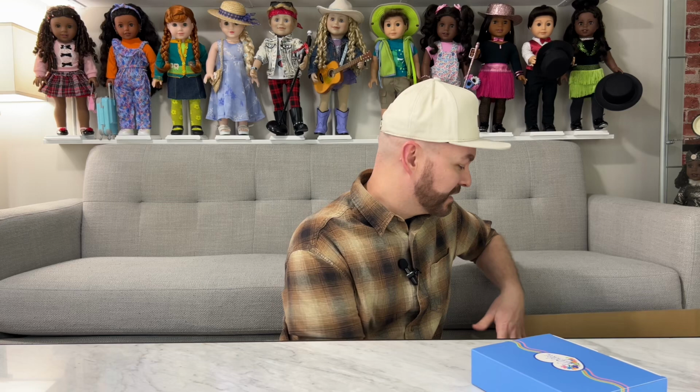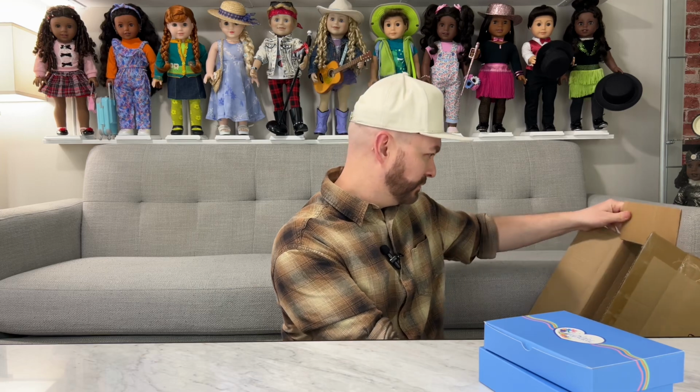See, the thing is, and another thing before I open, is the last couple times I've gone to pick up Maplelea dolls, I've peeked at them or they've shown me the doll, so I didn't have any chance to react in real time to how I feel about it. So now I've made sure not to look at her until I can be on camera, to the point where I let the packing slip in there. So like I said, 2 outfits. So now I'm going to have a genuine live reaction, let's say, because usually I'm cheating and looking at them ahead of time, which means there may be some tape on the back of the box. So with no further ado,